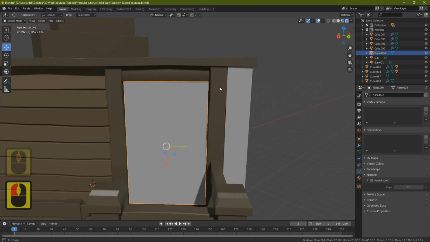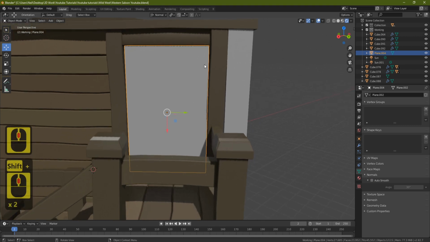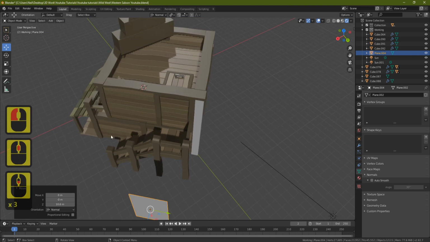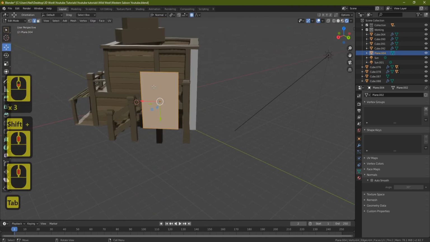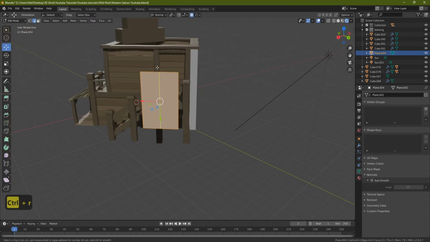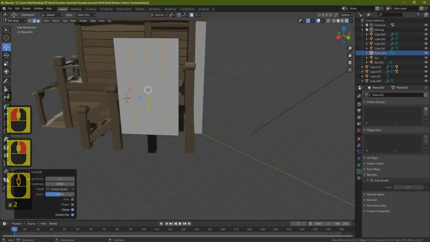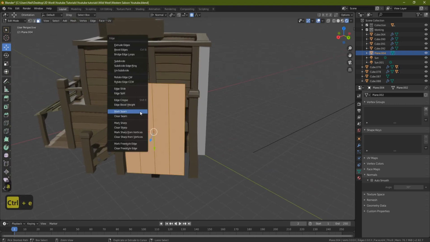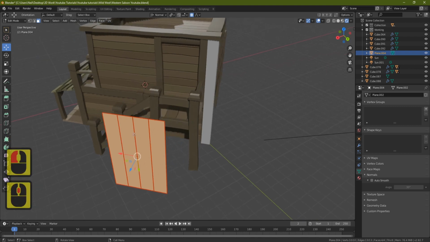So now let's grab this, and we can see it's coming about in the right places. So if we pull this out now, we can actually work on this. Pretty much the same thing as what we did right from the start. So Ctrl R, 3, left click, right click, and let's grab them all. Ctrl E and mark seam, and now let's press Ctrl R, 4, left click, right click, grab